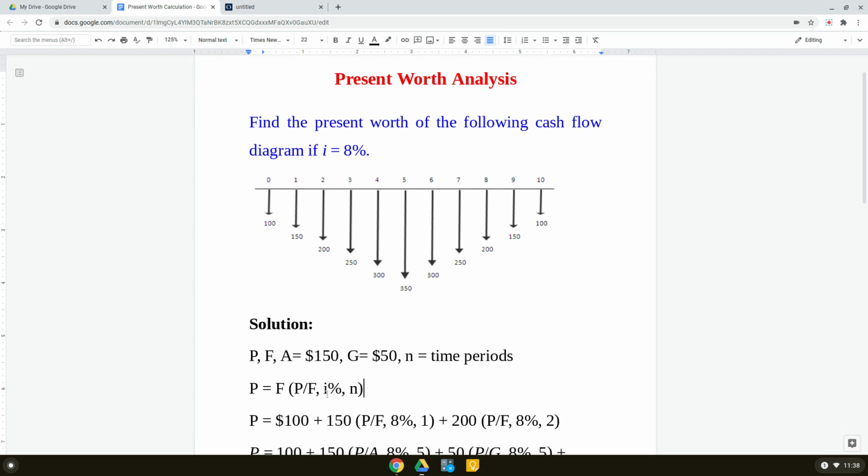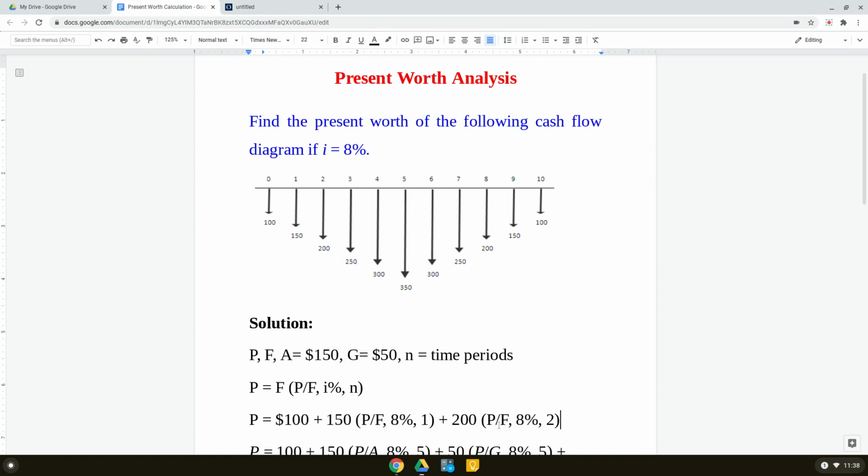So that is the formula we are using for each of these cash flows. The interest rate is not changing; the only thing that is changing is n, time period 1 here, time period 2. So if we want to find the present worth of these three cash flows, that's how we would do it. And if we want to find the present value of all the cash flows, then we keep adding